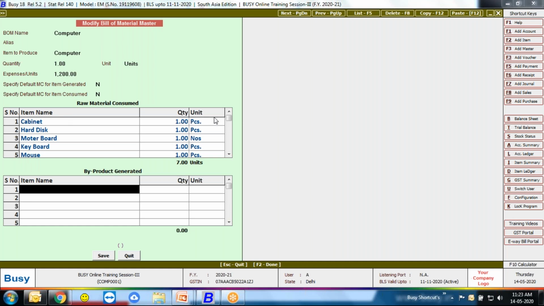And last, you have to define all your raw material components and quantities to generate one piece of computer. That is a formula, or a combination of all raw materials to generate a single quantity of computer. So I just save it,